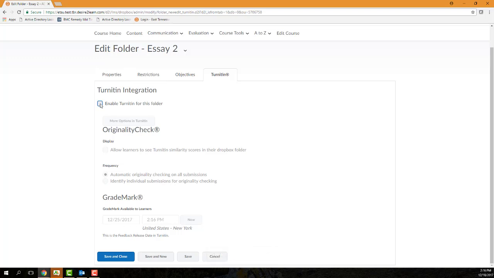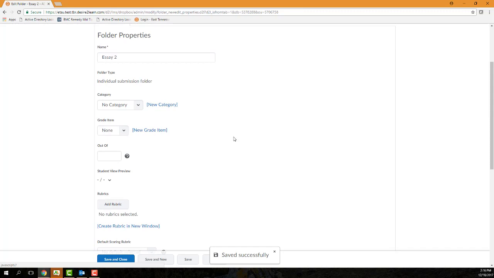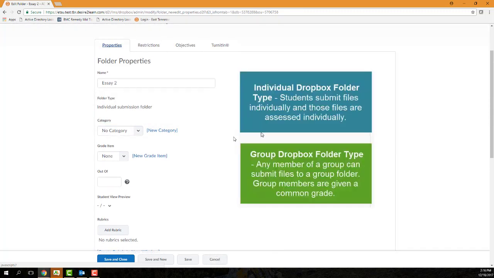Select a folder type. The default option here is individual submission folder, and selecting individual means that users submit their own files and those files are assessed individually. If you select group submission folder type, any member of a specific group can submit folders to this group Dropbox,